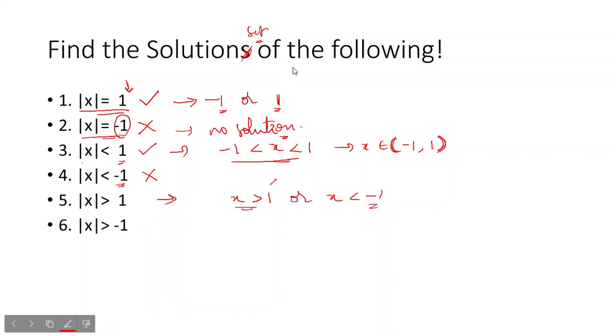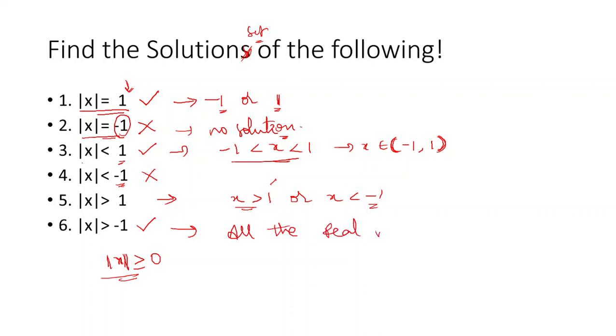This is true because mod x is always greater than or equal to 0. The value of this absolute value function can be 0 or greater than 0, and that's why this statement that mod x is greater than -1 is true, and the solution set will be all the real numbers. For any real number, all the real numbers,